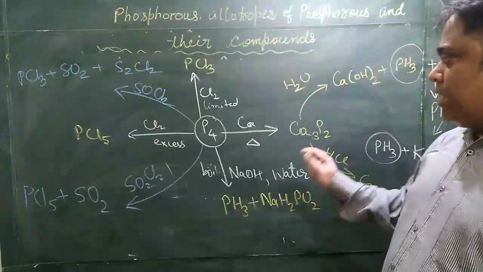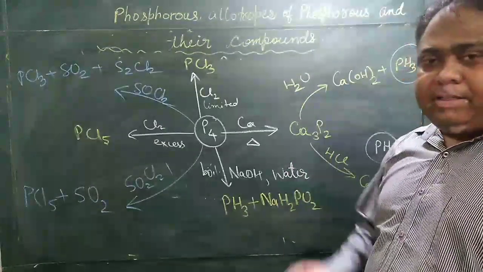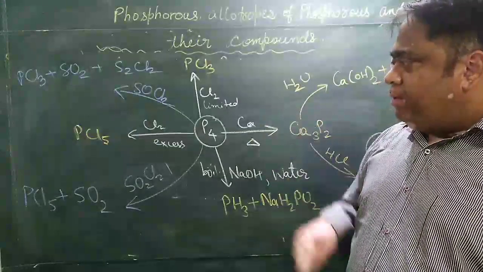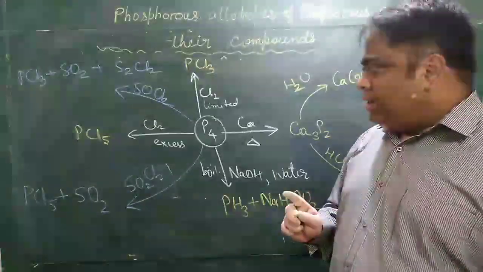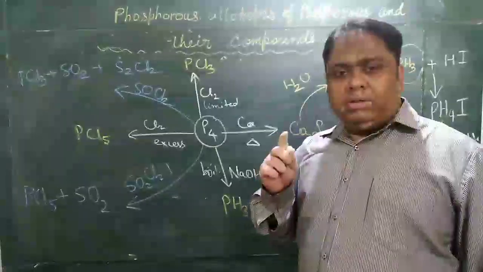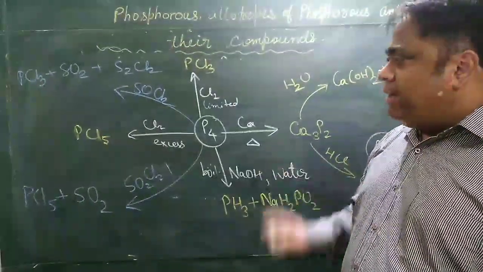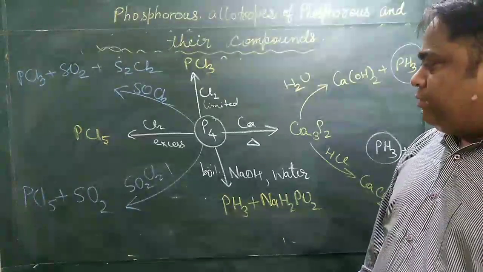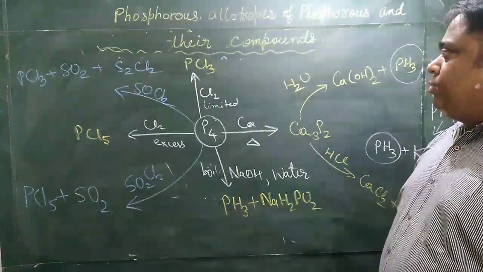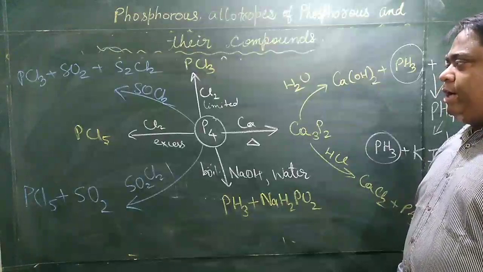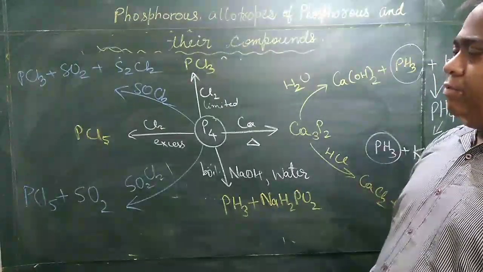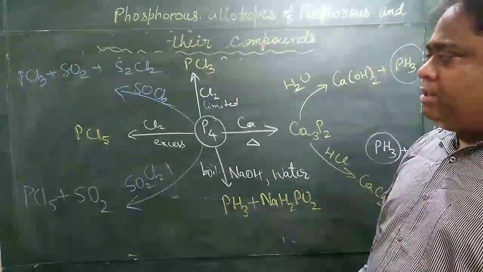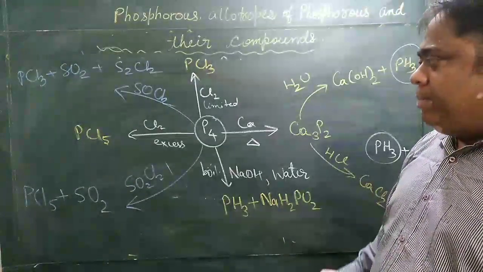So this was the scheme of the reaction. If you practice it in a linear manner, after that if you make this chart, you will be able to remember the reactions first, and after that you have to apply your skill for balancing the reactions to get the balanced chemical reaction. So in this way you will be able to remember the reactions involved in the preparation of phosphorus pentachloride, phosphorus trichloride and phosphine. Alright, this is the way we can mug up the reactions, learn the reactions and remember it in the exam also.